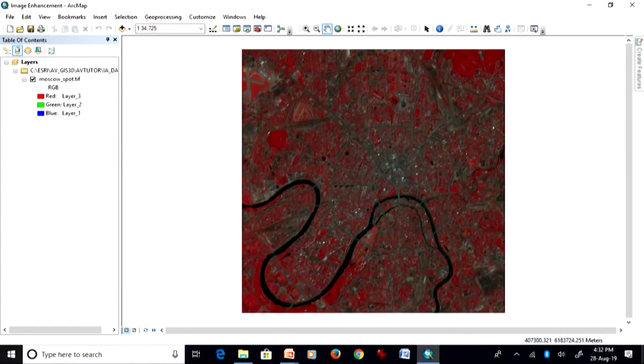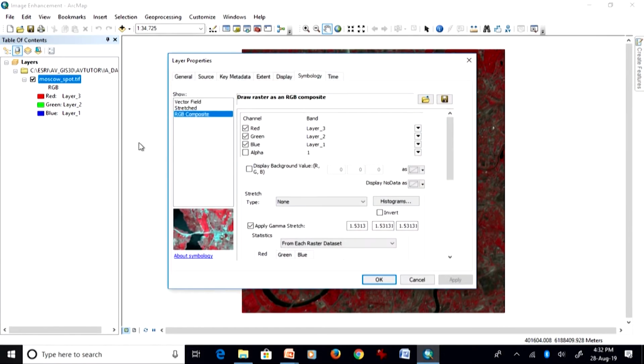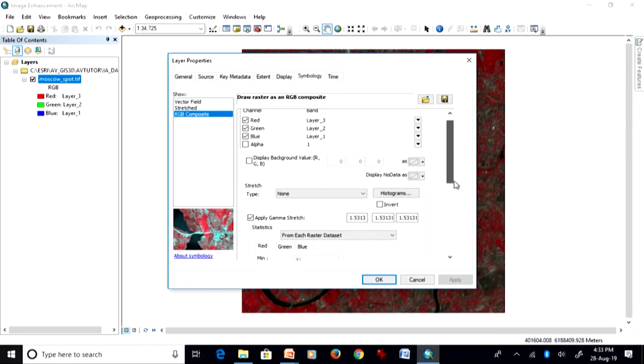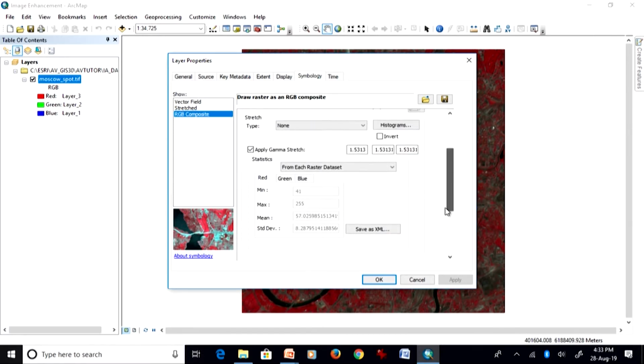This is the image which is being displayed here, and I can decide here for different types of stretches. So, first, what we have discussed is this gamma stretch, also related to the previous lecture's discussion. When you double click on this in the table of contents over that image, you see that option coming there, and then you can opt for that.